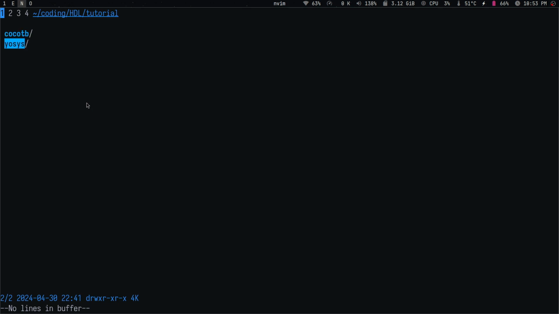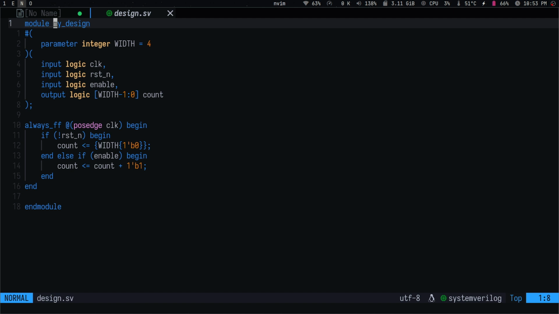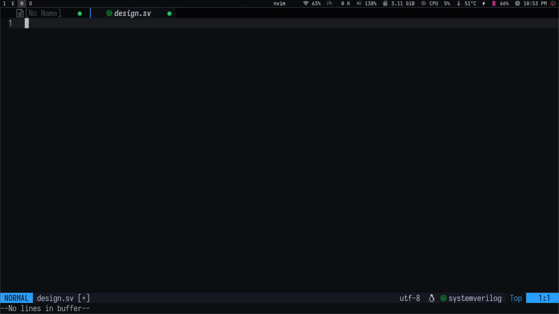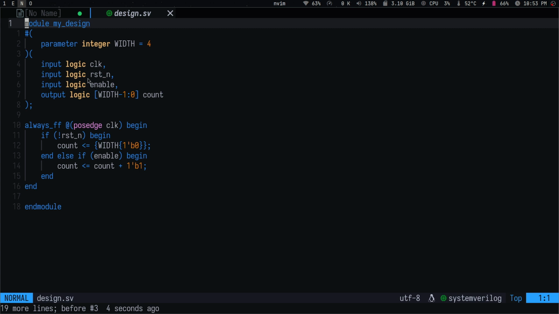Now let's take for example something like this simple one. So let's ignore this for now. So snippets basically just means, okay, let's not ignore it for now. So basically this is a very simple design which shows you how to implement a generic counter in SystemVerilog. So usually, I mean, this is very simple stuff. This is something that you can type yourself line by line. There's no big deal. But most of these things, like let's say you haven't used SystemVerilog for a while,